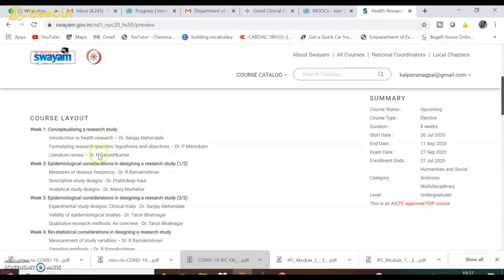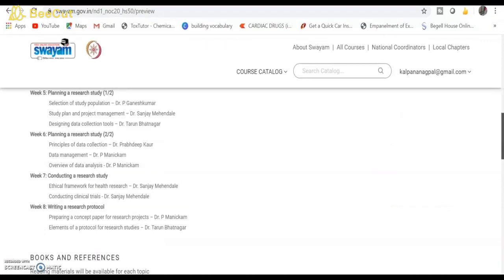All these 8-week course topics you can see in the course layout: the conceptualization of a research study, epidemiological considerations in designing a research study, part 2, the biostatistical considerations in designing a research study, the planning of a research study, part 1 and 2, conducting a research study, and writing a research protocol. So this is how the important aspects of research are taken care of for healthcare research, right?